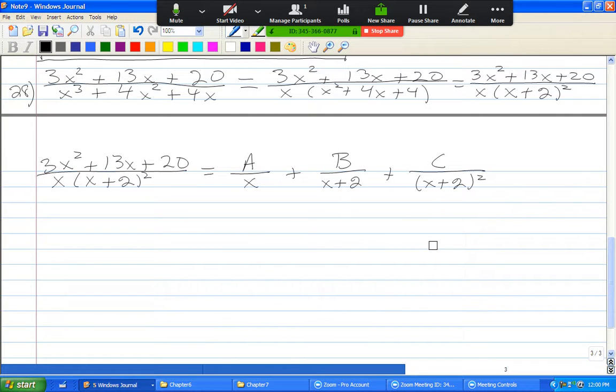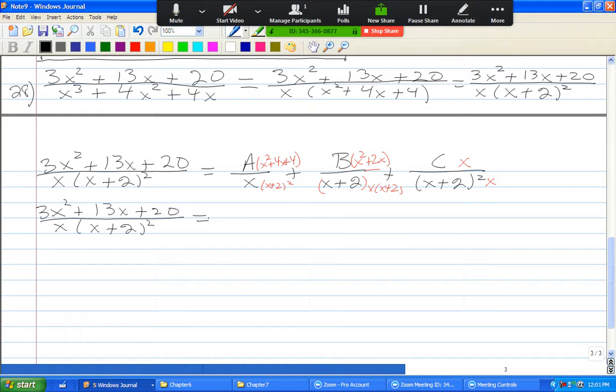Now, I can get a common denominator. So I can multiply this by x plus 2 squared, which is x squared plus 4x plus 4. I can multiply this by x times x plus 2, which is x squared plus 2x. And I can multiply this guy by x. Okay, so this is equal to, so I have that 3x squared plus 13x plus 20 all over